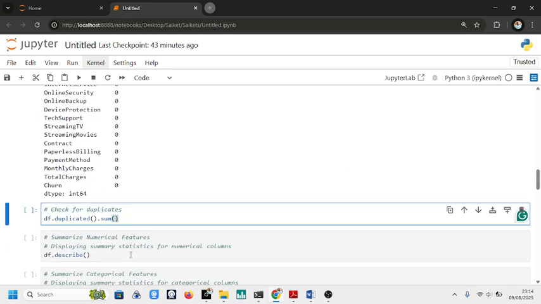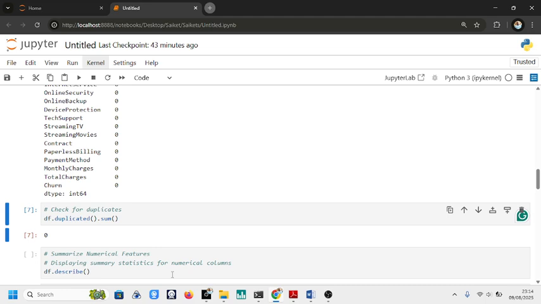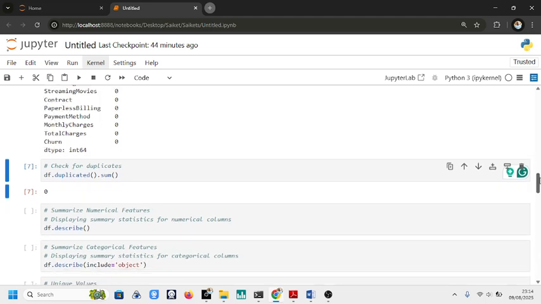And I would also like to check if there are duplicates, and you can see the sum of the duplicates. We do not have any duplicate, which is also a good thing, because if there are duplicates we'll have to